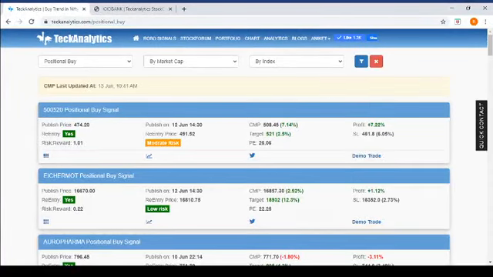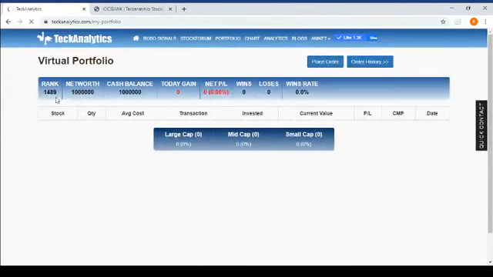So what we will do, we will go to the portfolio. When you click on the portfolio, every person who is registering on the website by default gets a net worth of 10 lakhs as virtual money, and the cash balance at the beginning is 10 lakhs because you haven't got any portfolio or stocks bought and sold, so no gains, no losses.